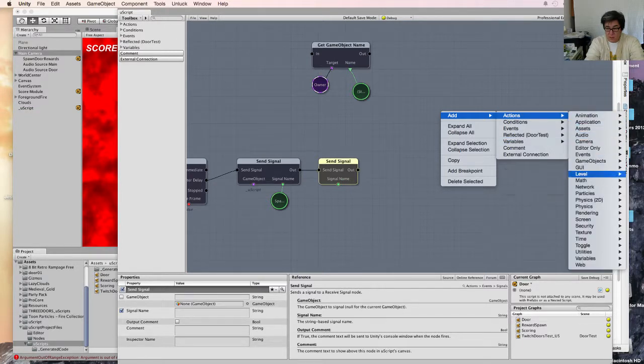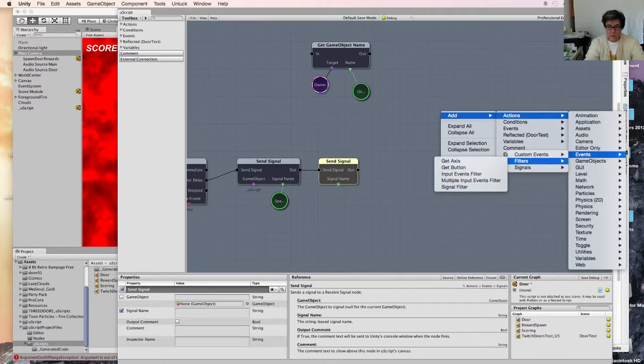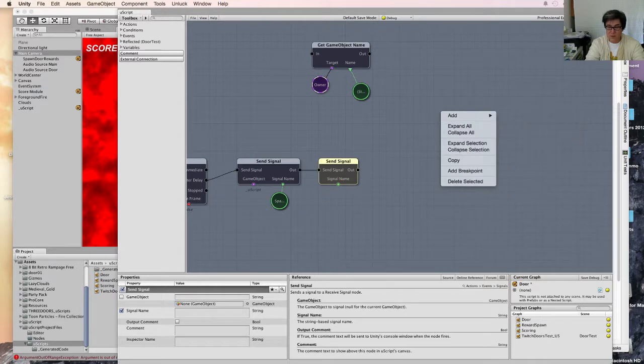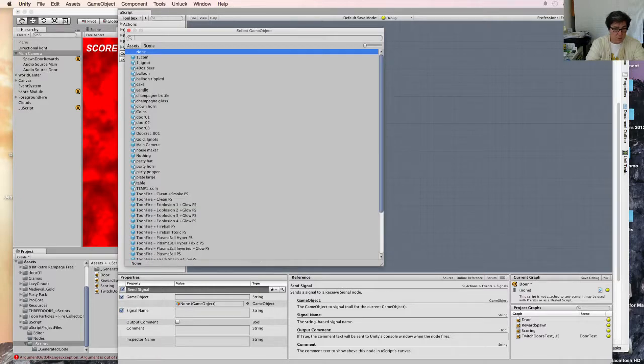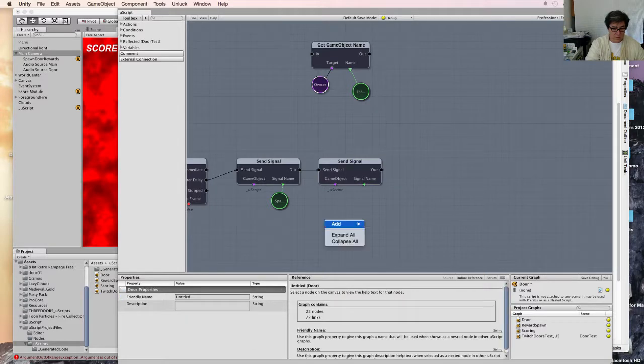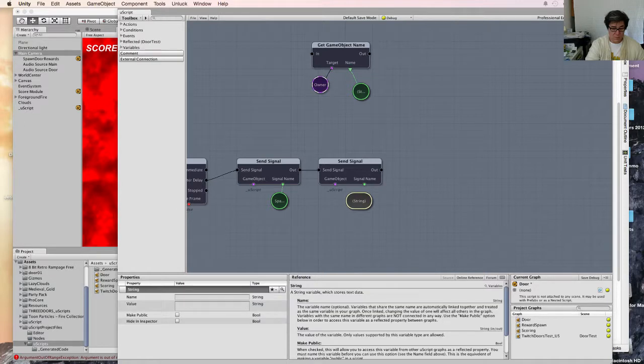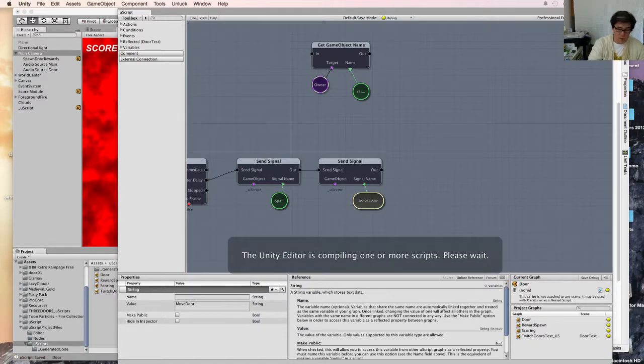action, events. There's also custom events and filters, right? We will actually go through some of that when we get a little bit more advanced with this stuff. So let's do game object, scene, uScript. Add variable string, right? Let's put this string in. The value is move the door. Okay, that should give us the correct